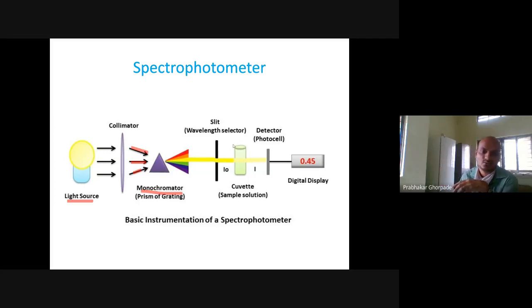These 7 colors we have to pass through this wavelength selector. Wavelength selector means we have to select a particular wavelength. For example, here the blue light is being selected. Yellow light is being selected here. And this light we call the incident light, I0 light, and that light has to pass through this cuvette. So this is the cuvette. This is the part of main interest for us. Till now we are talking about the physics of light. So light is passing, we have selected a particular wavelength. Now, this is a cuvette.